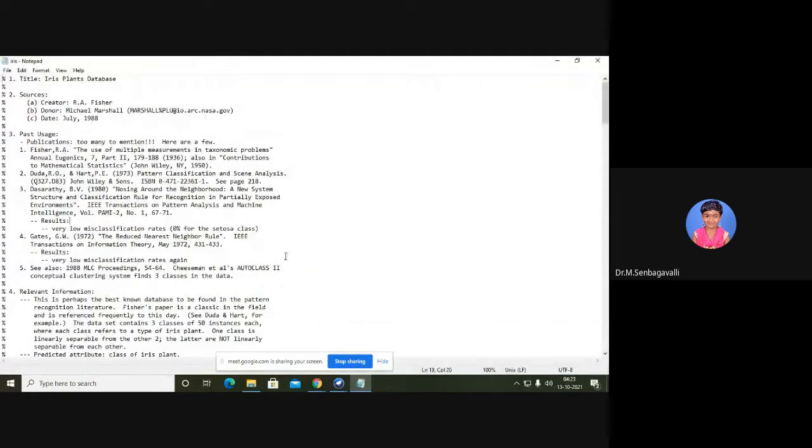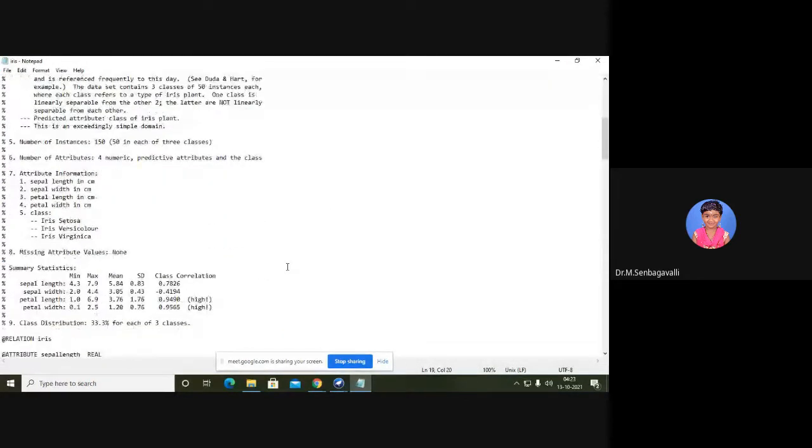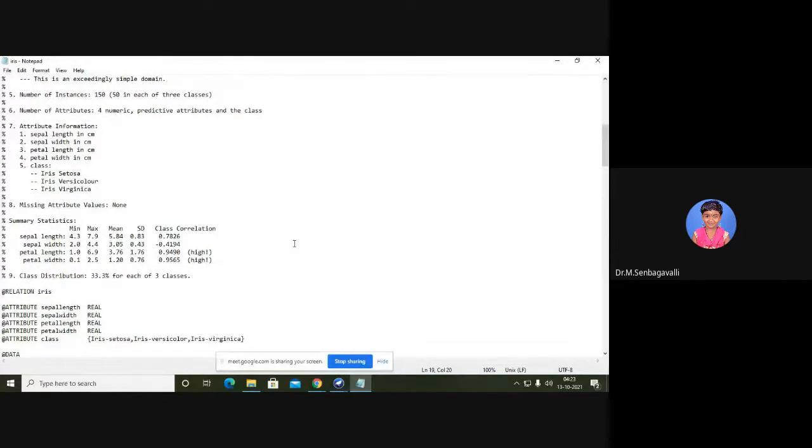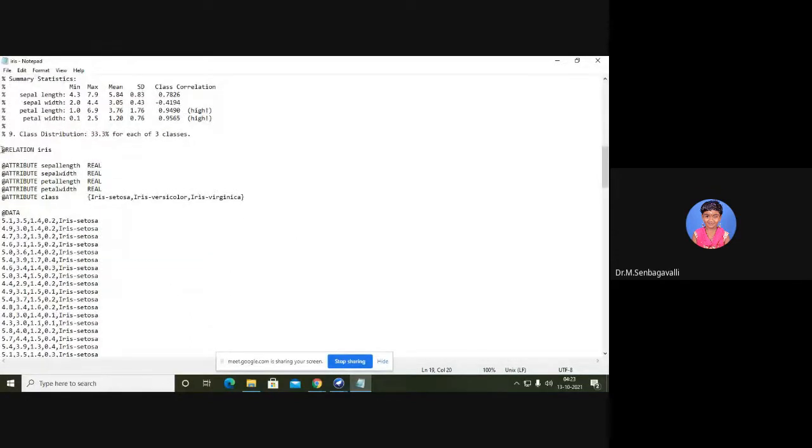You just see, yeah. So our relation name is IRIS. The attributes we have included are sepal length, width, petal length, width, and class. In class, we have included the class specification. We are targeting 3 classes, and these are like real value representations.